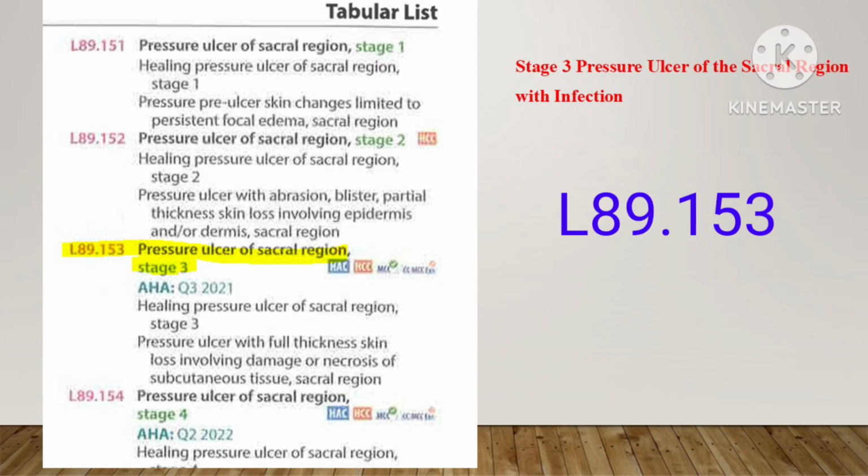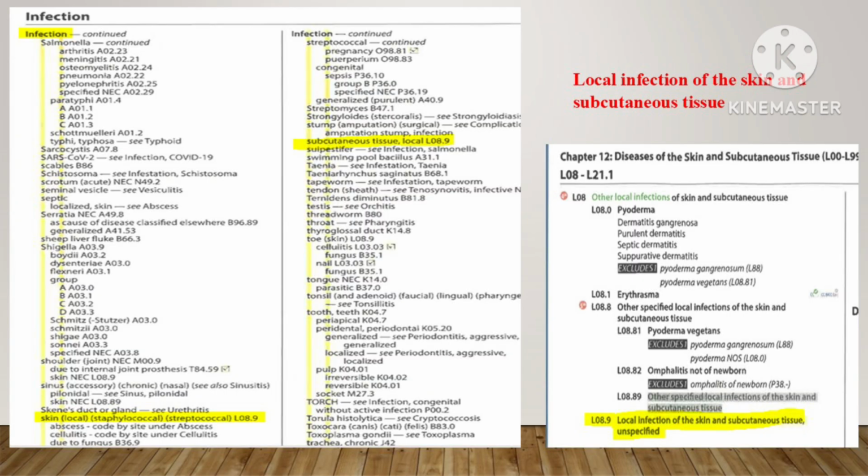Now the pressure ulcer site also has infection, and we did not get a specific code for infection under the pressure ulcer series. Hence, we need to add one more code to show the infection. If you notice, there is no type of infection, like cellulitis or sepsis, mentioned in the chart. Hence in this scenario, we have to add a code for local infection of the skin and subcutaneous tissue. To find the appropriate code, search for infection in the index, and check for skin or subcutaneous. You will get L08.9 for local infection of the skin and subcutaneous tissue.